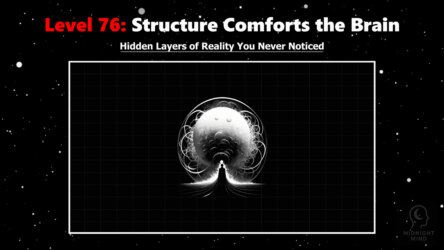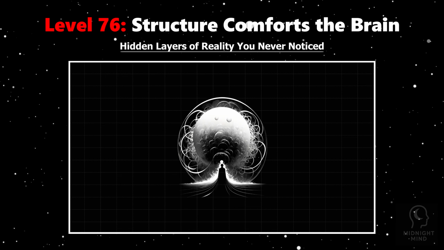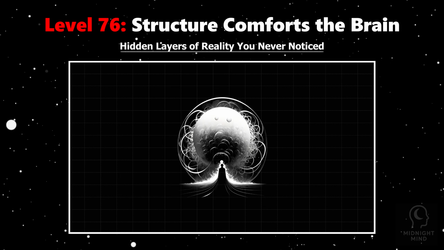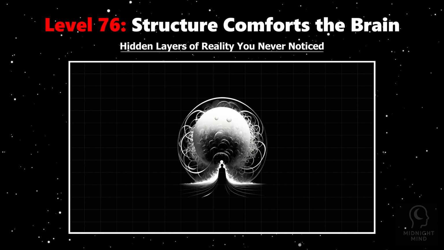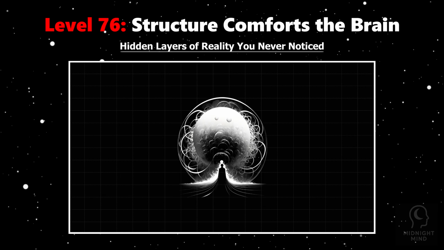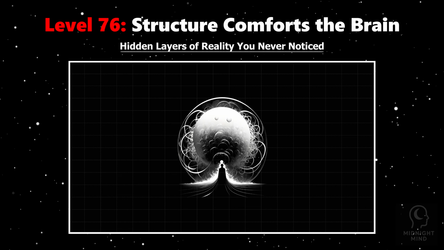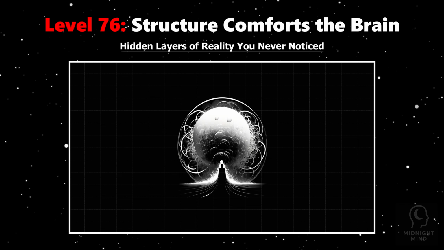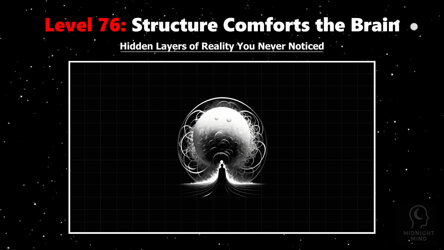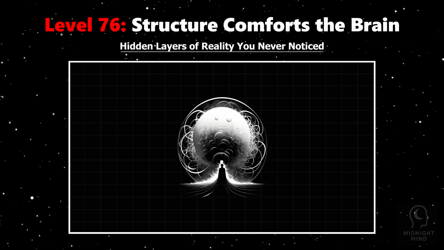The prefrontal cortex and hippocampus work together to detect patterns and create mental maps, reducing cognitive load and conserving energy. When repetition and symmetry appear, they signal safety and control, calming neural circuits linked to stress and uncertainty. Rituals and repeated behaviors engage the basal ganglia, forming habits that automate responses and reduce decision fatigue. This automaticity frees mental resources, allowing your brain to function efficiently despite external chaos.